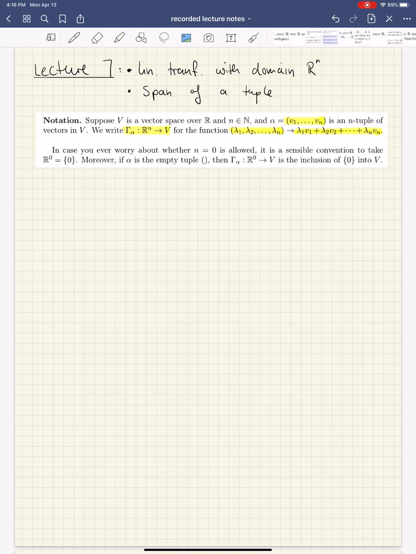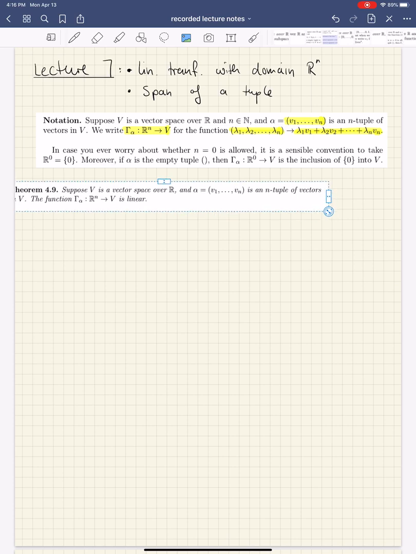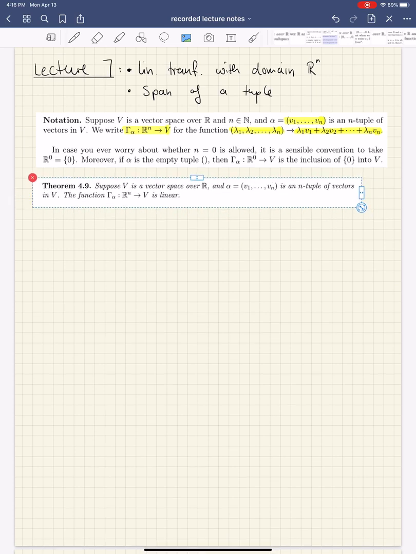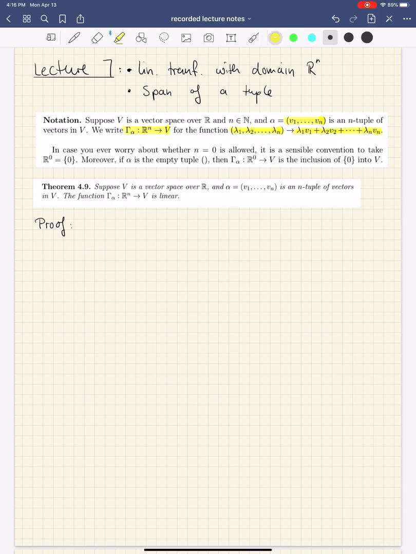Okay, so let us get to our first theorem here, theorem 4.9. A priori we don't know that what we defined there was linear. We just defined a function, and so the first thing we want to prove here is that it actually defines a linear function. So what do we need to do? Well, we'll take two elements in R to the n, and we take a scalar in R,